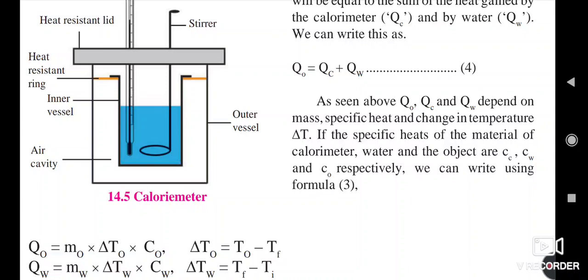If the specific heats of the material of the calorimeter, water and the object are CC, CW and CO respectively, we can write using formula 3,